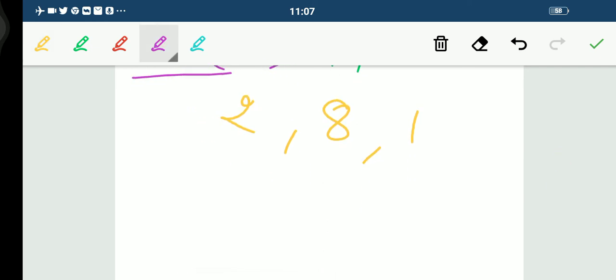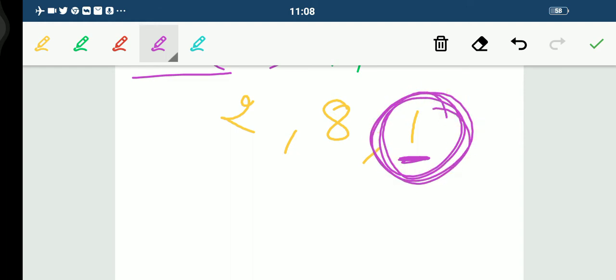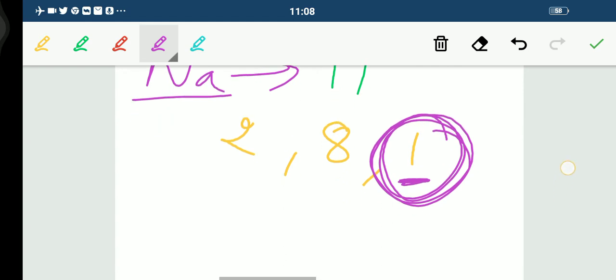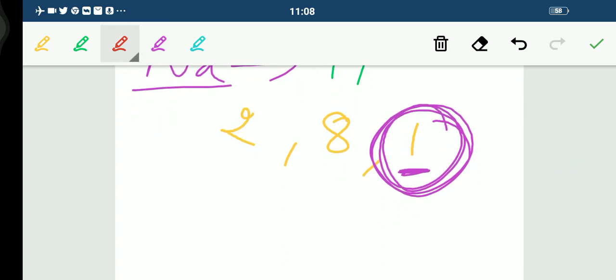Now see here. You all can see what I told you, in the outermost shell there should be an octet at least, because we need to have a stable configuration. Every element needs to have a stable configuration, right students? So here also it needs to have a stable configuration. But this one electron is there in the outermost shell. It needs to be removed. So what happens? Na loses this electron. It basically gives this electron.